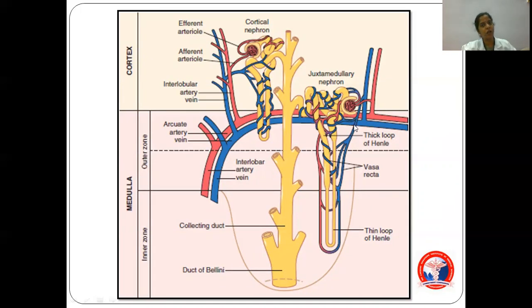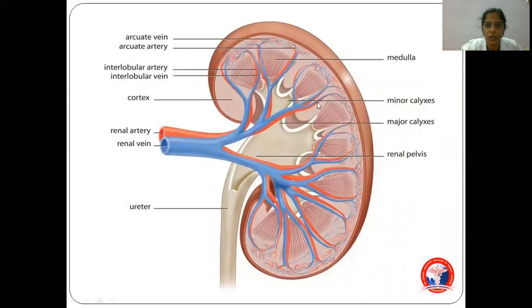Here also we have the interlobular vein, arcuate vein, interlobar vein. See, this is the arcuate vein and this is the peritubular plexus. Here you can see this is the interlobular vein. This drains into the arcuate vein. Arcuate vein becomes interlobar vein. Interlobar veins join. See this picture, between the pyramids, that is named the interlobar vein. This becomes the lobar vein. Lobar veins join and form the renal vein.